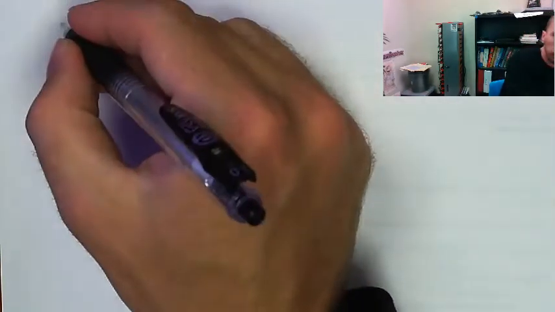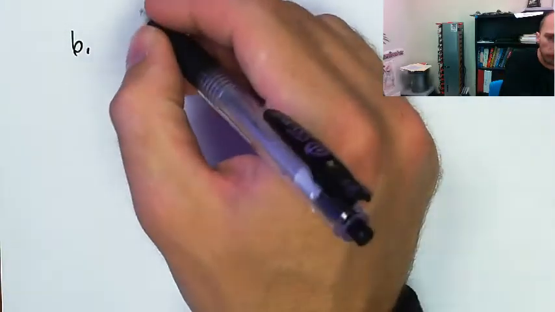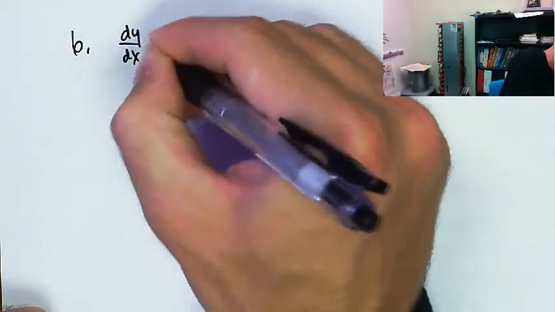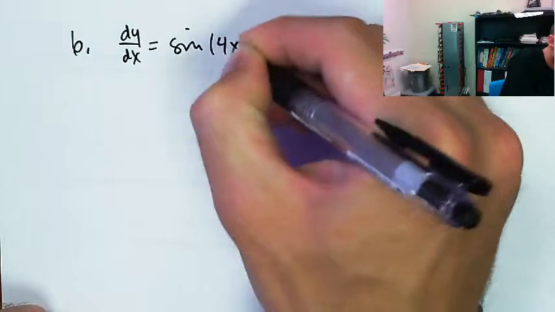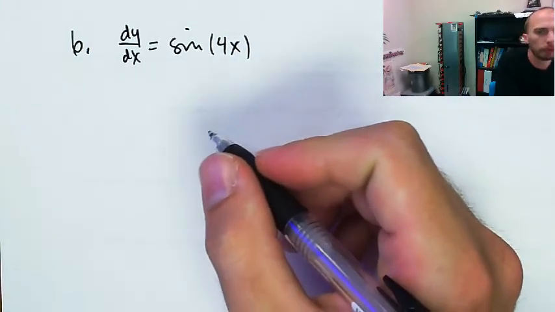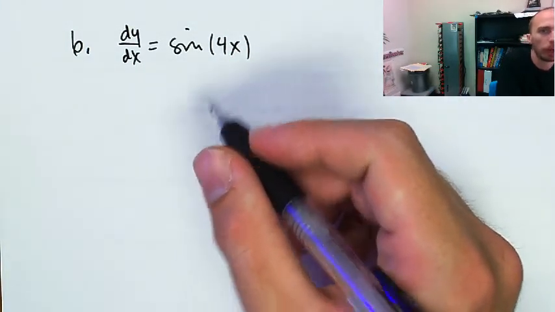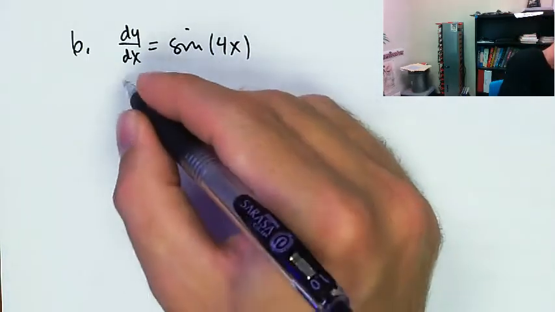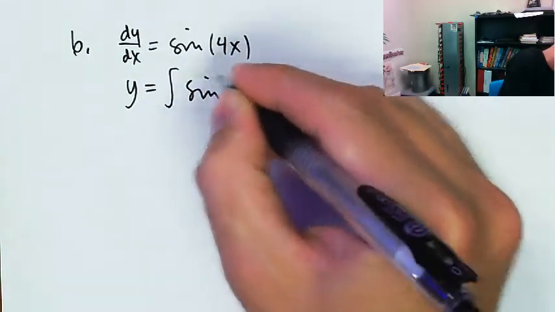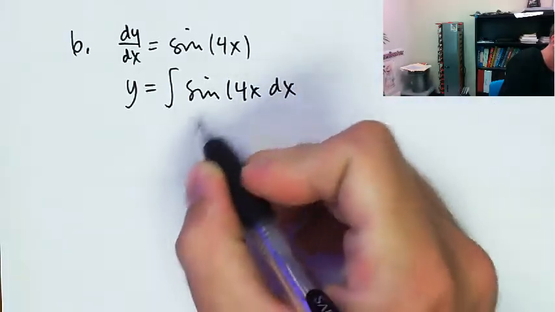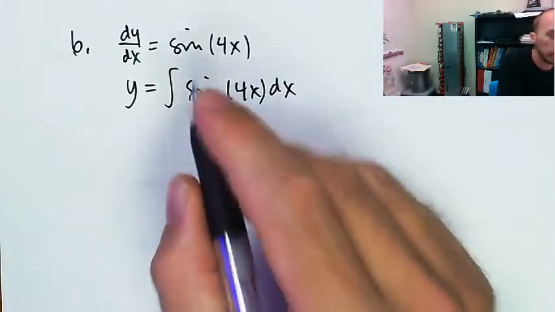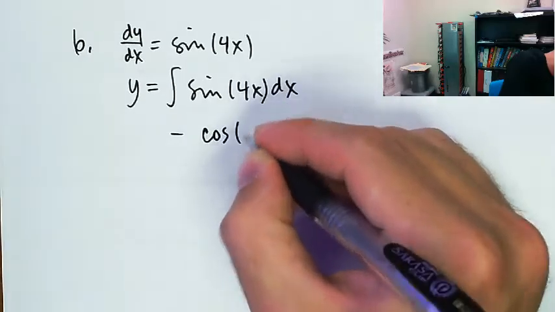Okay. Then, let's see, the next one, dy dx equals sine of 4x. It doesn't even have a y in it. So I'm just going to call it number 6. Sine of 4x goes through the point pi over 4, 7/4. Well, that means that when I anti-differentiate, I'm just going to get y by anti-differentiating sine of 4x with respect to x. And so an antiderivative for sine is negative cosine,